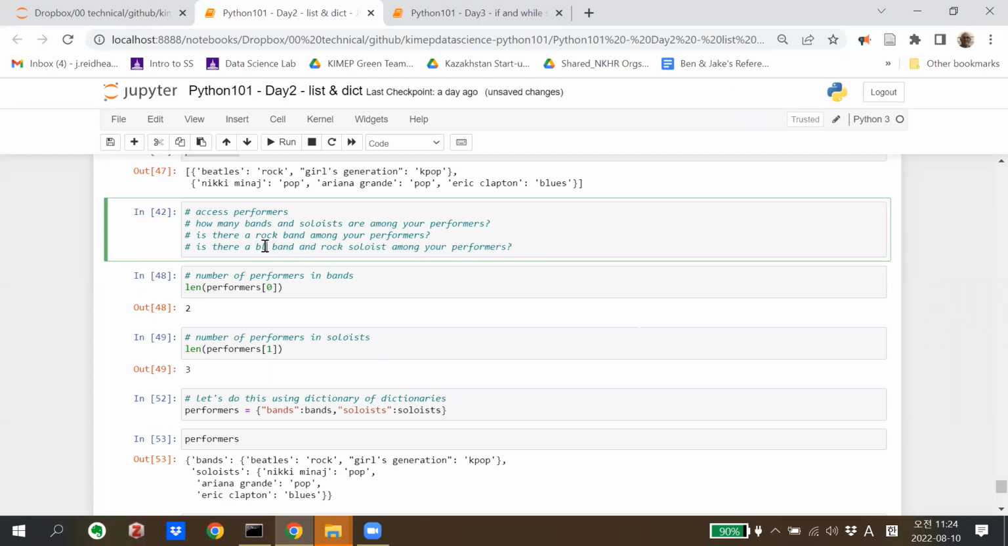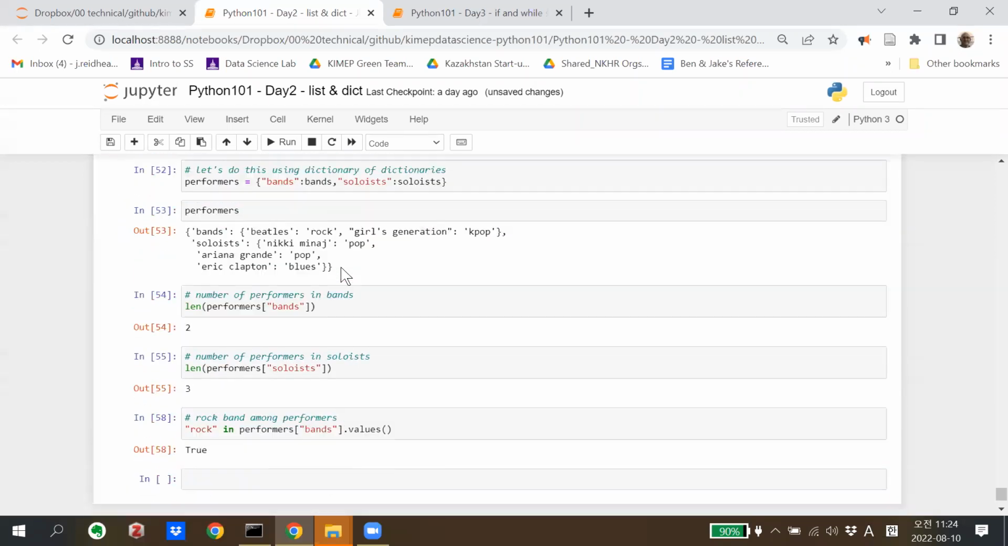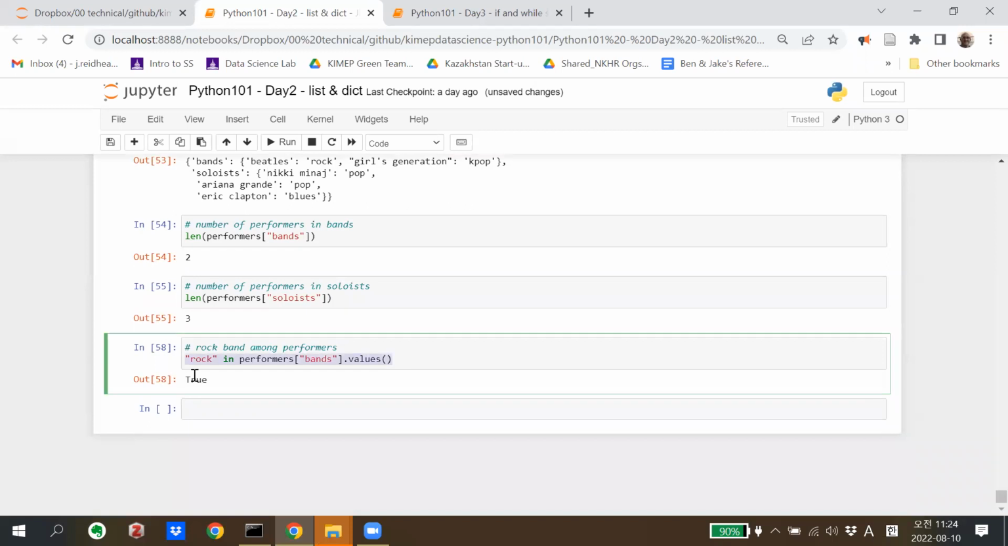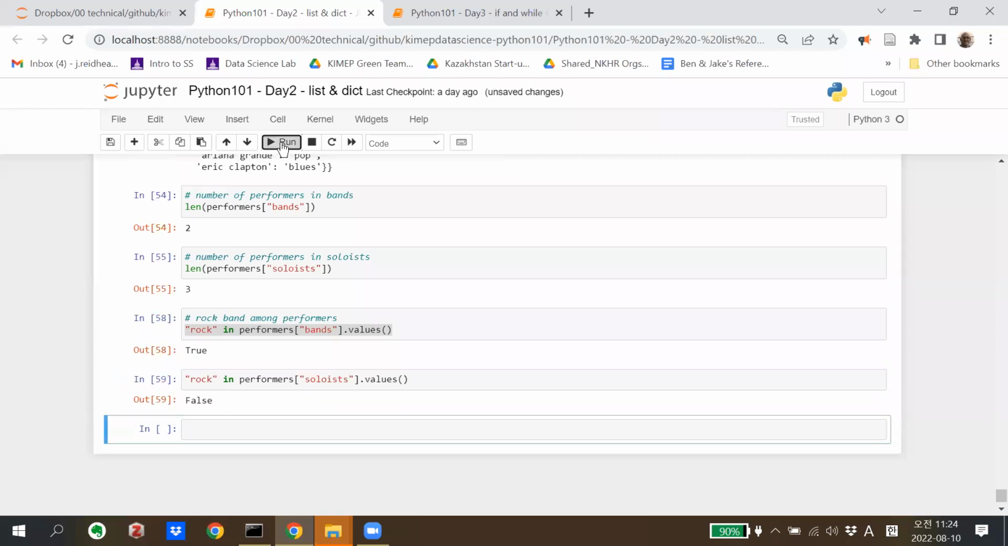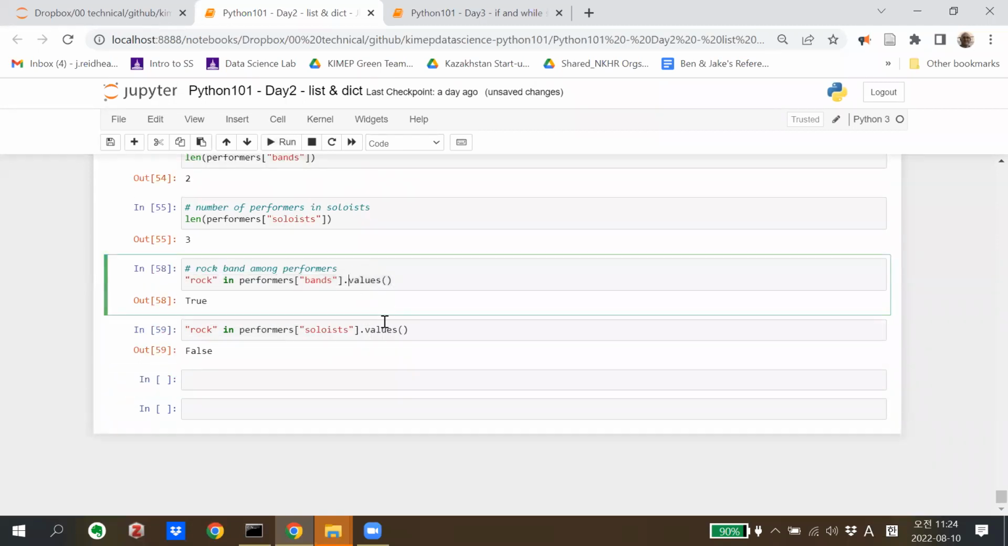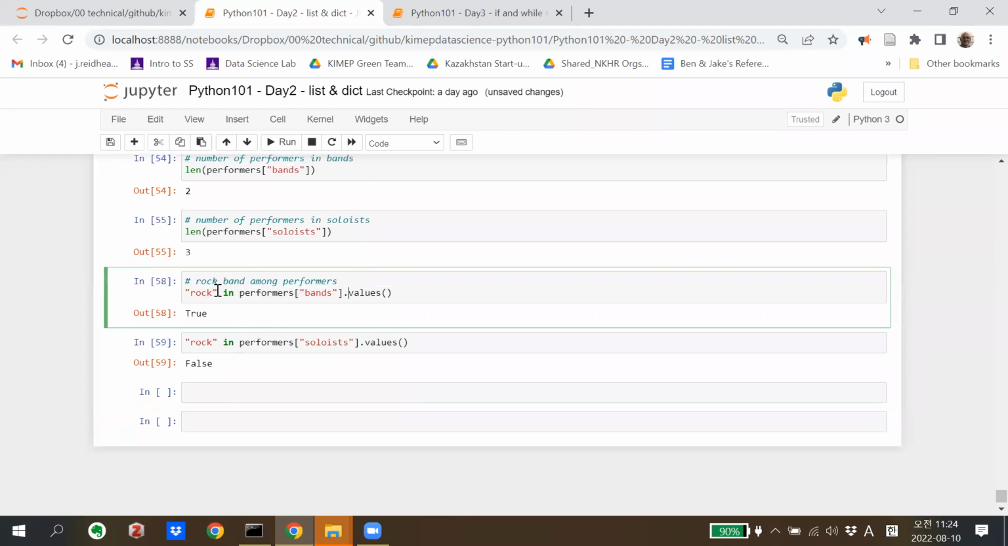Let's see if there's a blues band and a blues. Let's see. Yeah, and a rock soloist among your performers. So, do we have rock among our soloists? False. So if I wanted to test if I have rock group among my band and my soloists, sorry, then